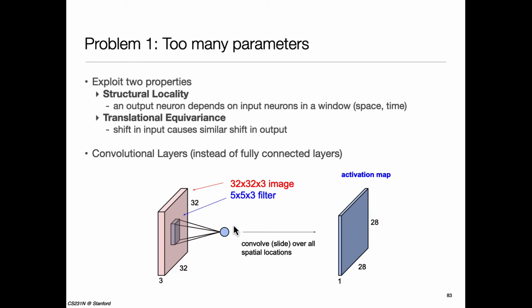So essentially, for every neuron in the second layer, and my second layer is also shaped like an image in this case, for every place, I'm going to take this kernel and apply it to the corresponding position in the input layer, and I'll repeat that process all the time. So these are called convolutional layers instead of fully connected layers.